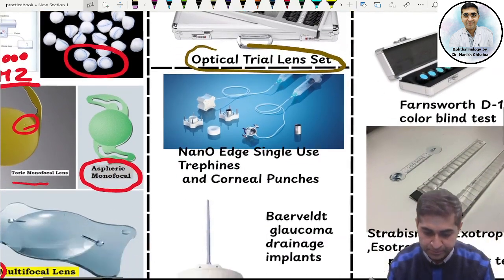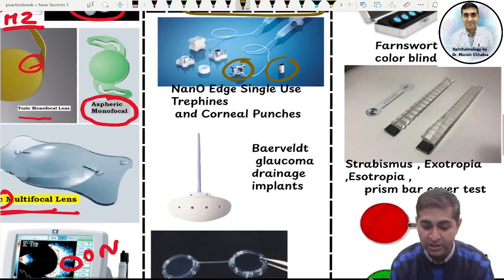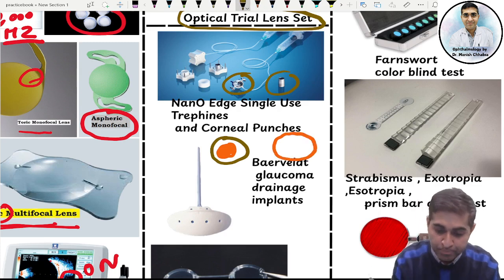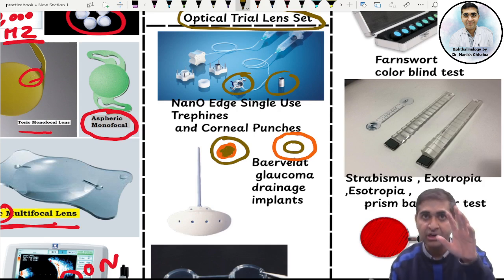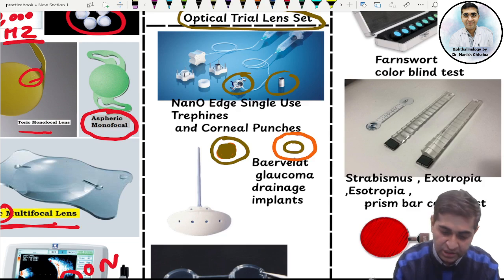Okay. Now, these are trephines. These trephines are used to punch the cornea. Suppose this is the eyeball of the patient and this is the cornea. You need to change this part of the cornea. So you take the corneal graft, you punch out this part of the cornea, the same dimensions of which there is corneal opacity in the patient, you remove this part of the cornea, such that a hole is created on the cornea of the patient,